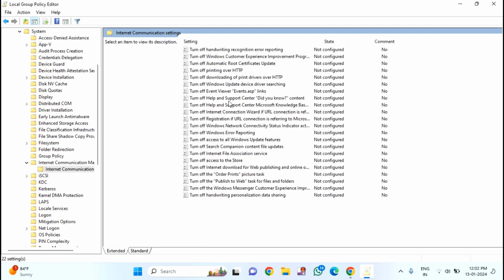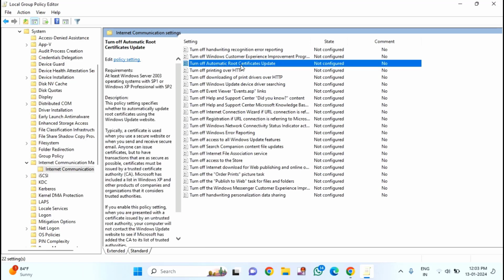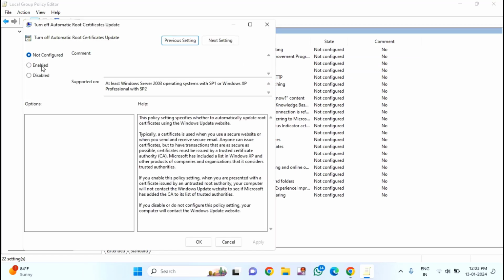After that you need to find turn off automatic root certificate update. You can see here turn off automatic root certificate update. Double click. By default it is selected as not configured. You just need to click on enable, then click on apply, then click OK,